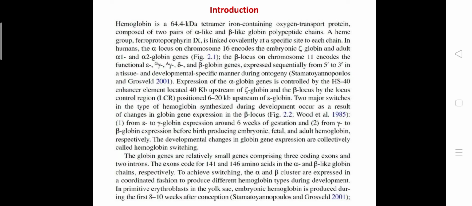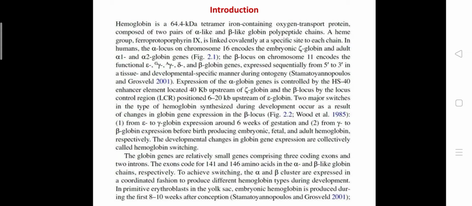In humans, the alpha locus on chromosome 16 encodes the embryonic zeta globin and adult alpha 1 and alpha 2 globin genes. The beta locus on chromosome 11